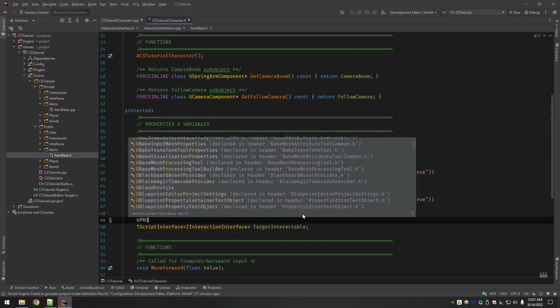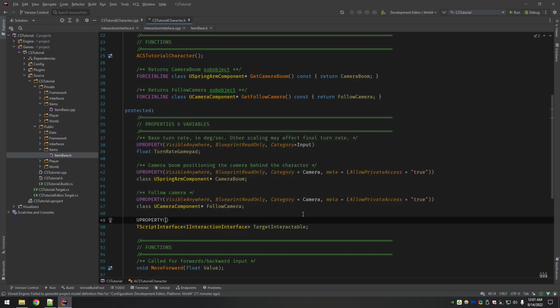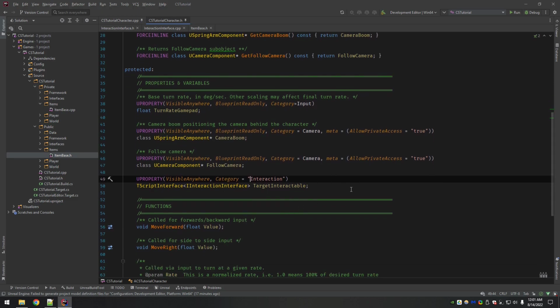I'm going to make this a UPROPERTY, VisibleAnywhere, and it's in the Interaction category. I don't think I talked about this already, but basically in the editor, you will have to find the interaction category, which will be alphabetically sorted.